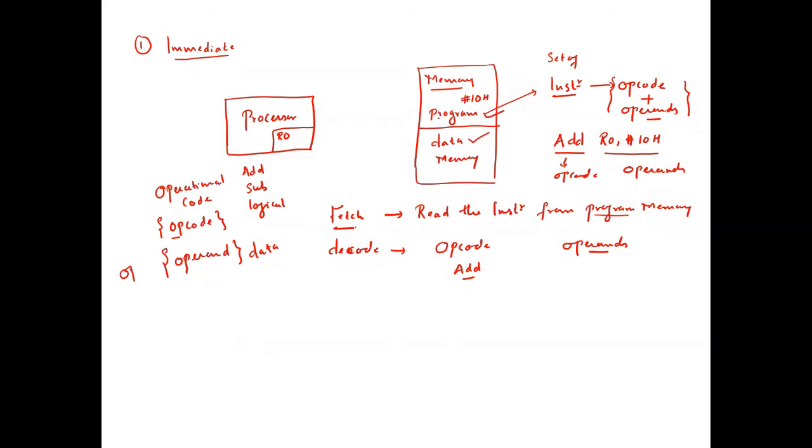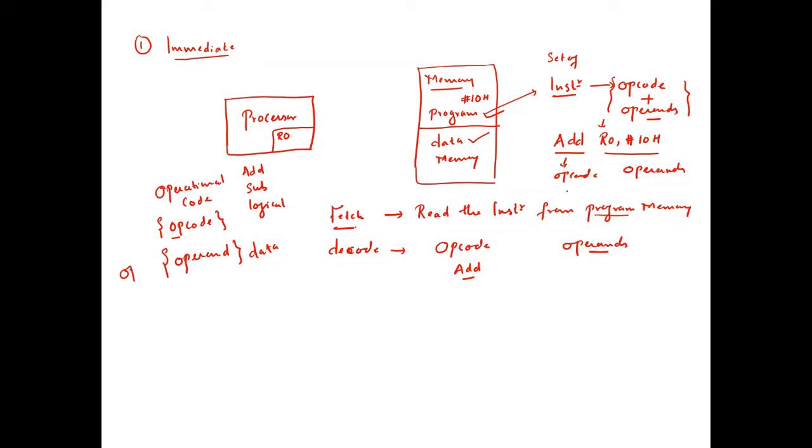Program memory is a memory where the program is stored. Along with the operational code, we are telling that this operand is stored within this memory only. One of the operands is stored in a register. We are telling that one data is available in a register. Now, where is the other data? It is not in the data memory. It is in the program memory. Such type of data we call an immediate value.